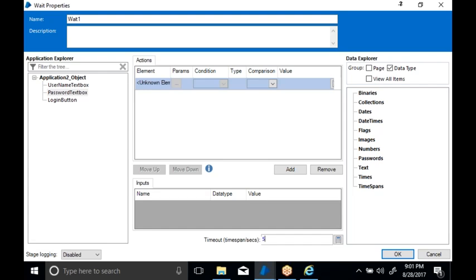You have two things: one is a static wait, one more is a dynamic wait. In this scenario, I am going with the static wait, 10 seconds. Now it will always wait 10 seconds. After waiting 10 seconds, it will go to writing the username and password. Now click on OK.